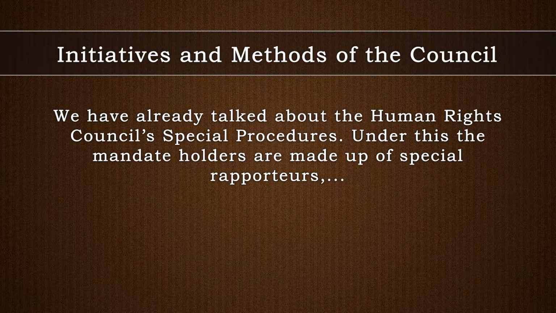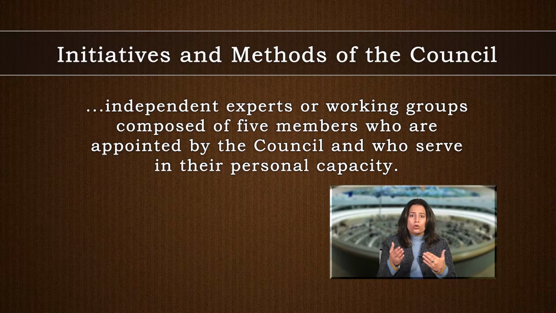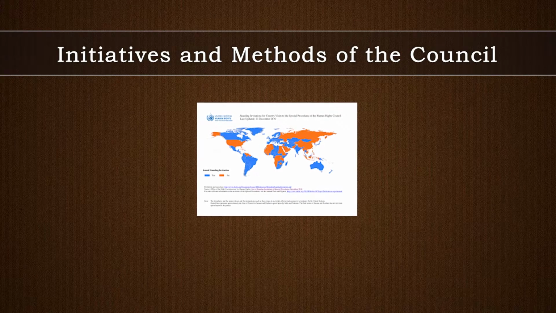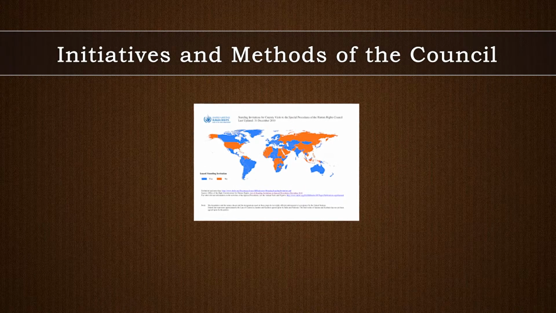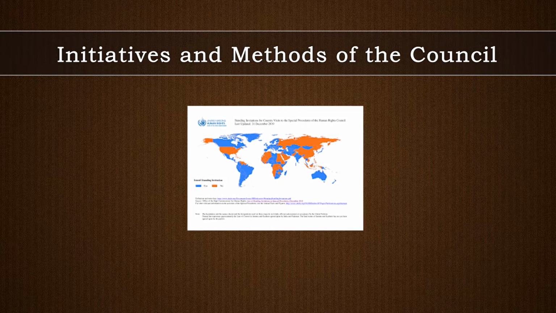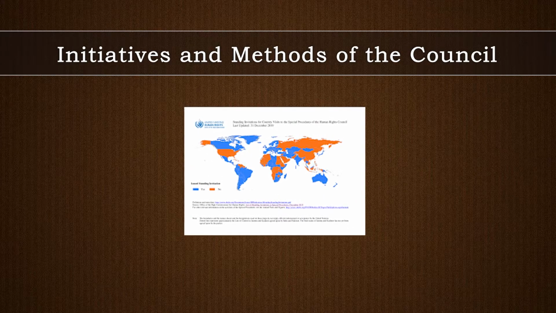We have already talked about the Human Rights Council's special procedures. Under this, the mandate holders are made up of special rapporteurs, independent experts, or working groups composed of 5 members who are appointed by the Council and who serve in their personal capacity. Special procedures undertake country visits, act on individual cases and concerns of a broader structural nature by sending communications to